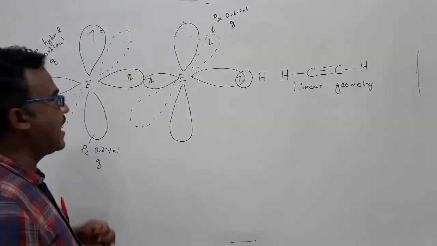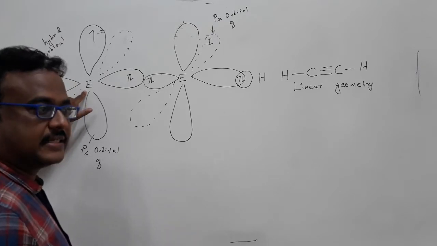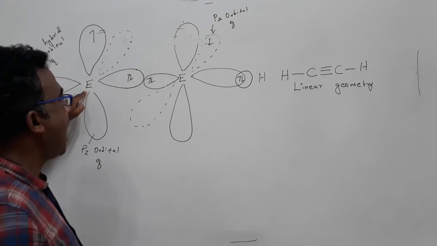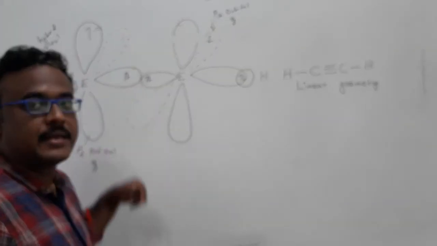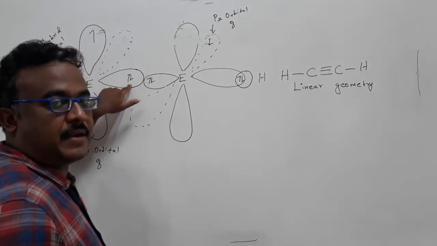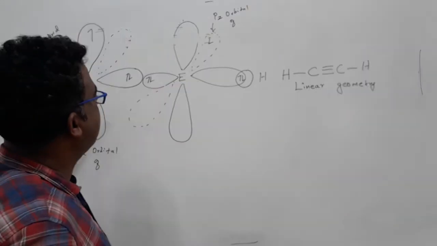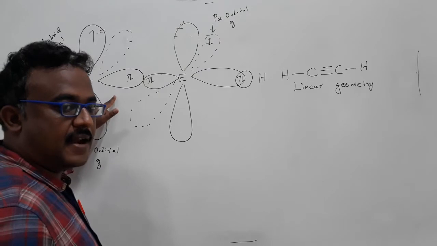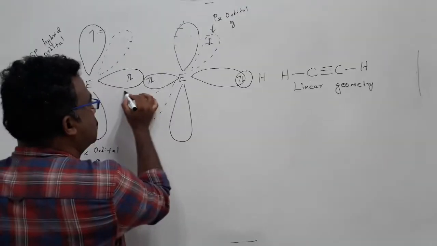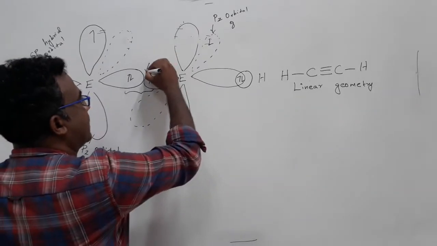This is the very basic difference between the acetylene molecule and the heavier element substituted ones. Again I am saying, when you substitute a heavier element for carbon in acetylene, the energy difference between the hybrid orbital and the p orbital is increasing. So instead of one unpaired electron going to the p orbital, it is paired in the sp hybrid orbital. So what happened? The sp hybrid orbital has a pair of electrons. Each heavy element has an sp hybrid orbital with a pair of electrons, so these two will not be involved in bonding because of mutual repulsion between each other, so no bonding between them.